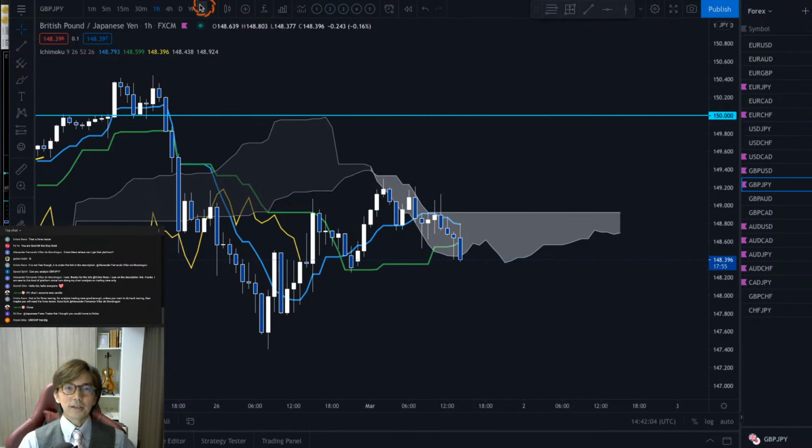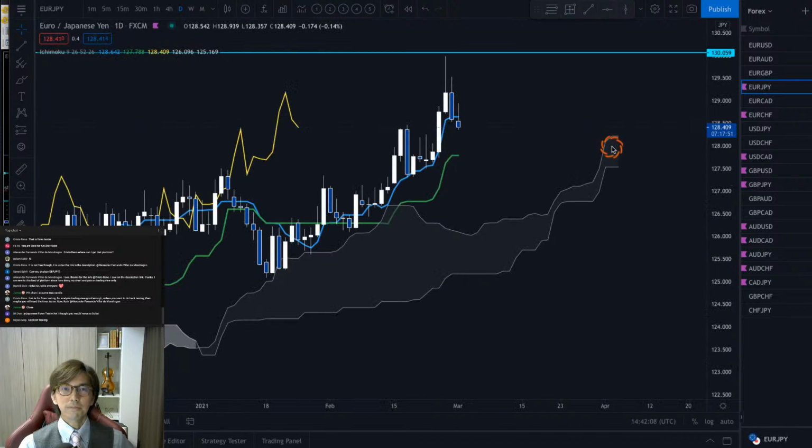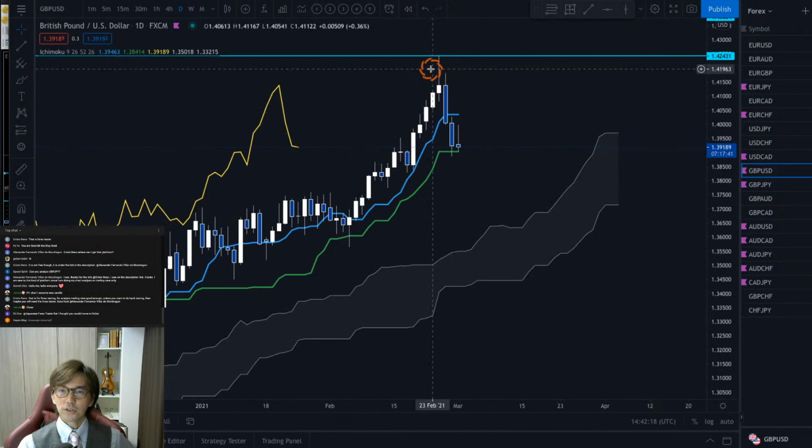Let's check some other charts on the daily chart. Let's see, Euro JP was uptrending last week, but now it's consolidating, it's retracing backwards, so there is no trend. And let's see, pound dollar is also retracing. The Kumo, Kijun Sen flat, so not a good timing to buy or sell. And H4